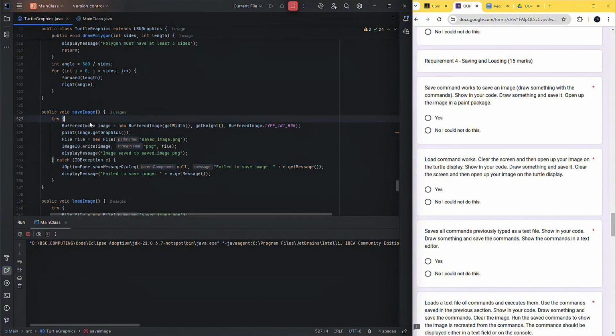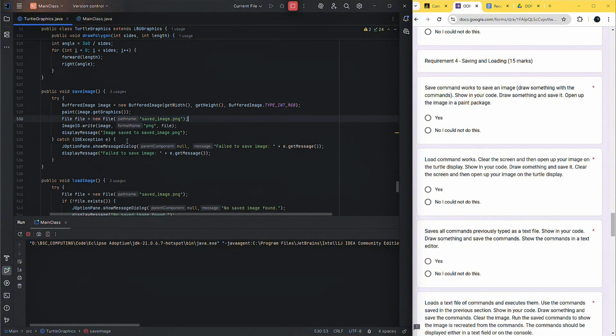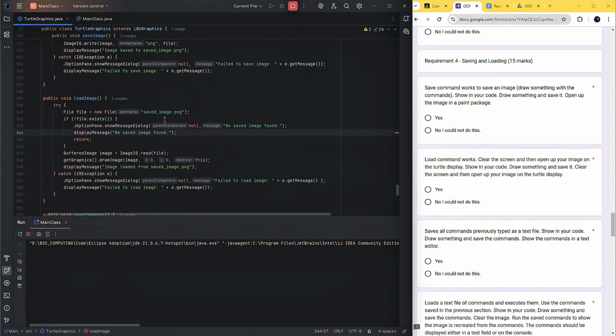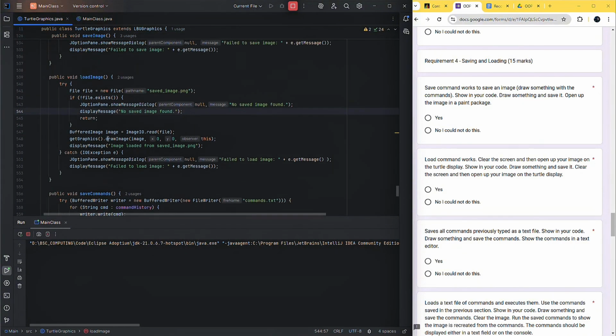When we trigger save image, it will save the image in PNG format, as saveimage.png, and it will display the message image saved to saveimage.png. If any error occurs, it will show failed to save image. And this is load image. When we try to load